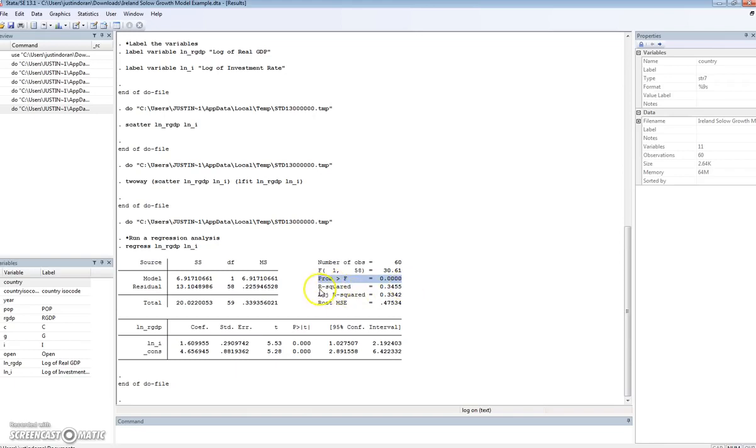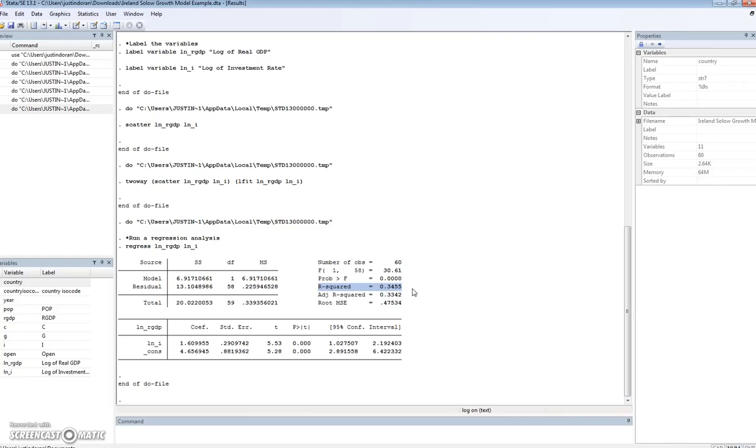The next thing to consider is our r-squared. What we can see with the r-squared value is that we've got a value of 0.3455. The r-squared takes a value between 0 and 1 and is known as the coefficient of determination. The closer it is to 1, the better the model. The closer it is to 0, the worse the model. We can use the r-squared to say here, in our case, that